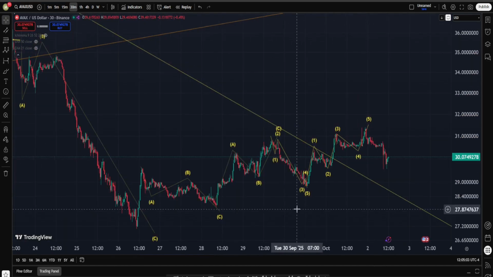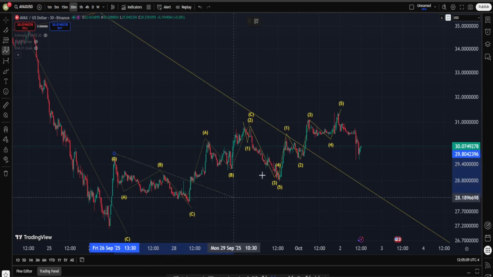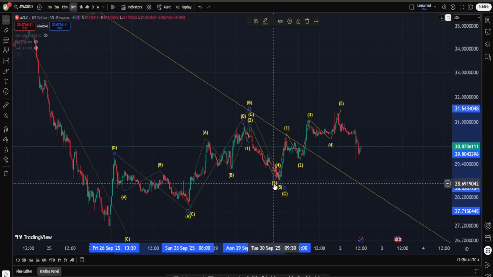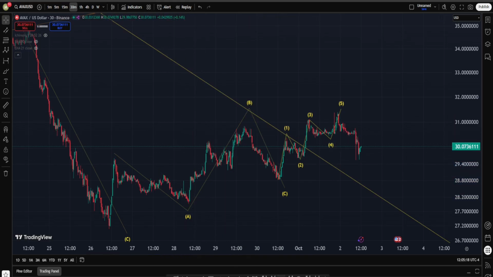So what is it that I'm trying to tell you? If you want to be bullish in Avalanche, this is actually one likely possibility. From this high to about here, you can say this is an A, B, C in form of a running flat. Let's just read the subwaves,